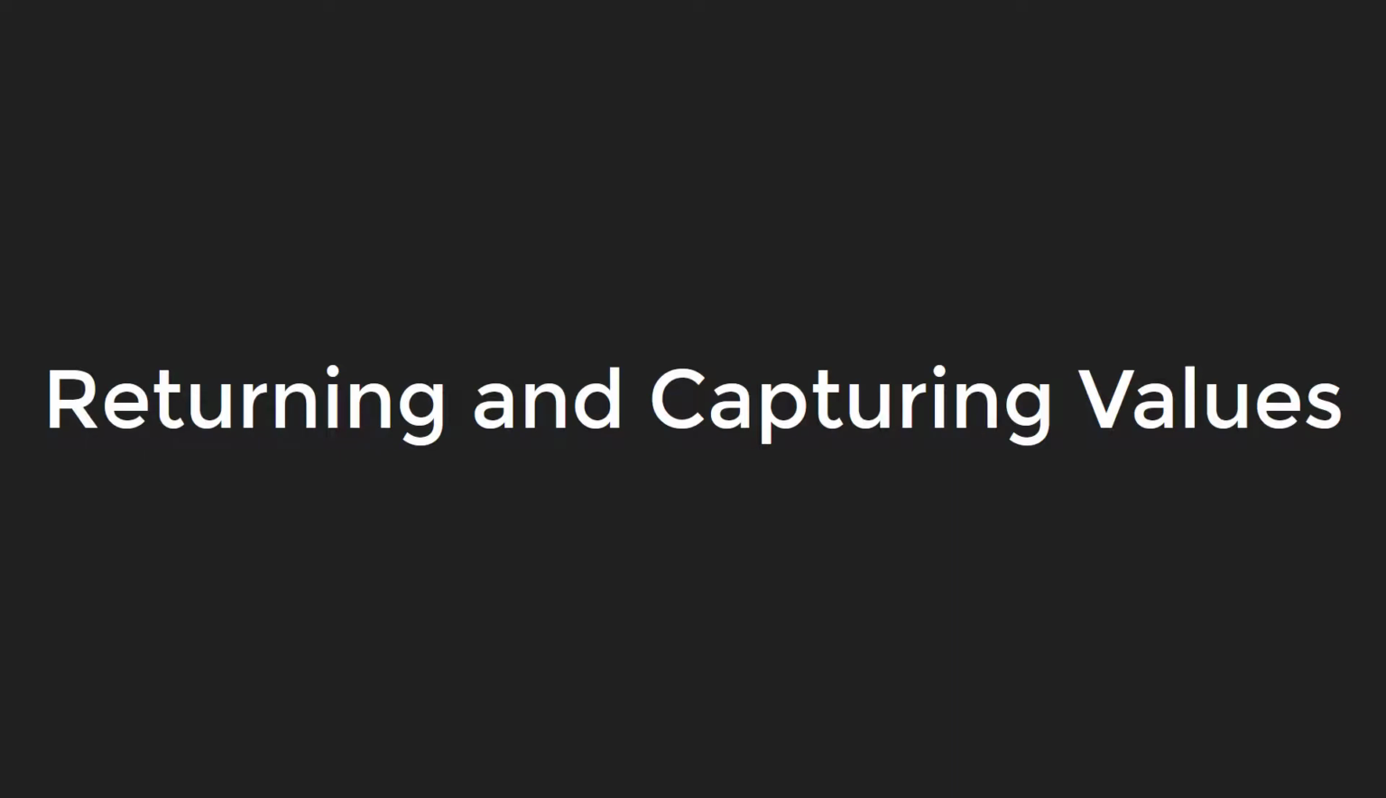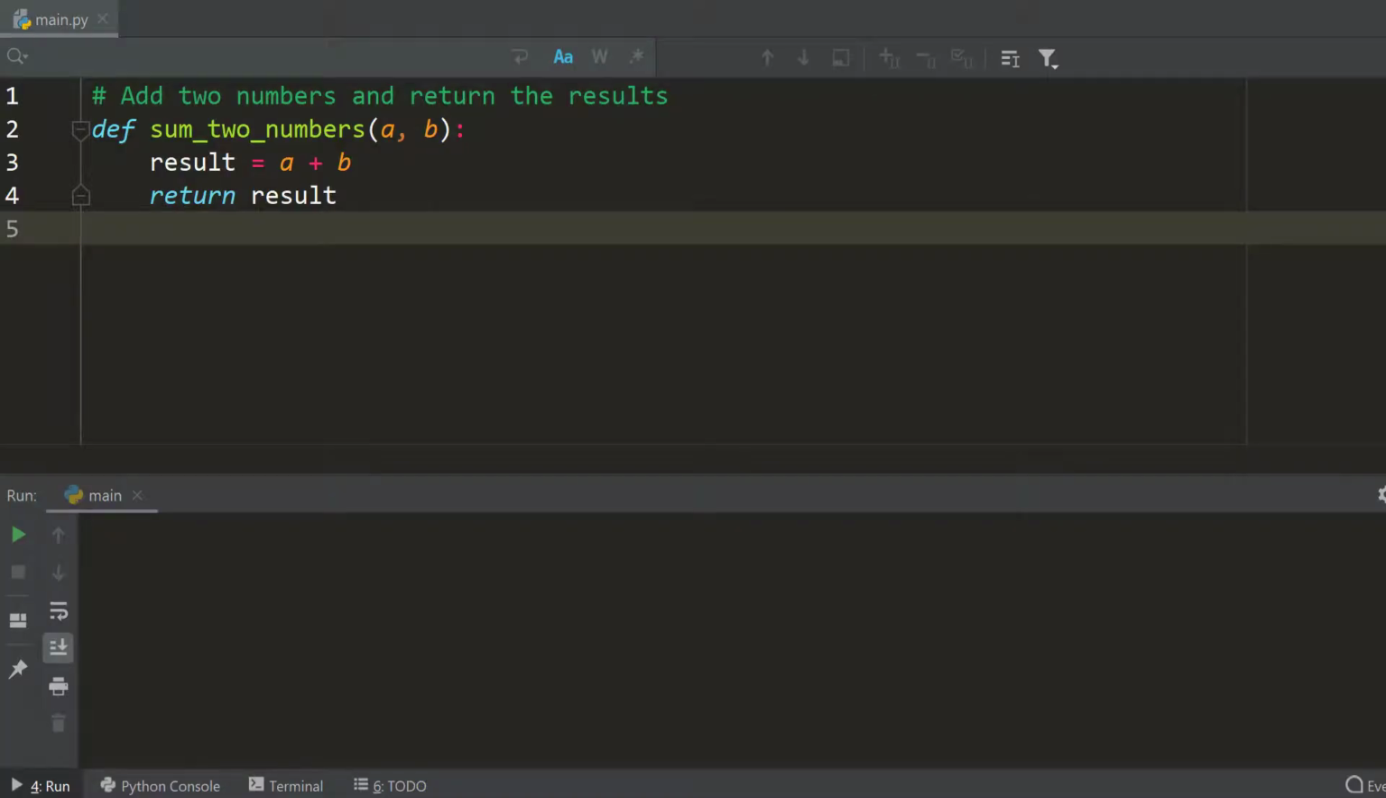Returning and capturing values. Functions can not only take in values, functions can return values. For example, here is a function that returns two numbers added together. See how it uses a return statement on line 4 to return the result out of the function. Note: return is not a function and does not use parentheses. Don't do return result. This only gets us halfway there,